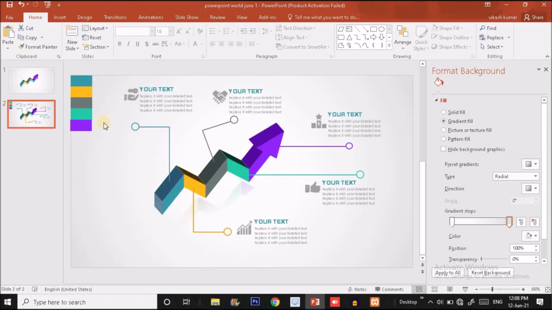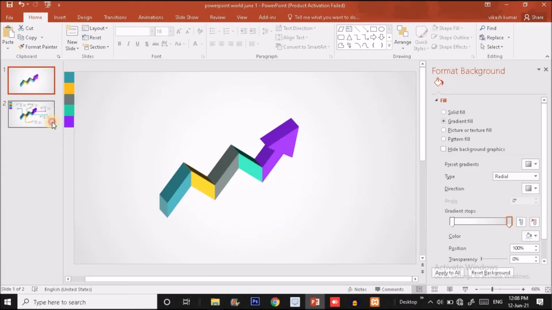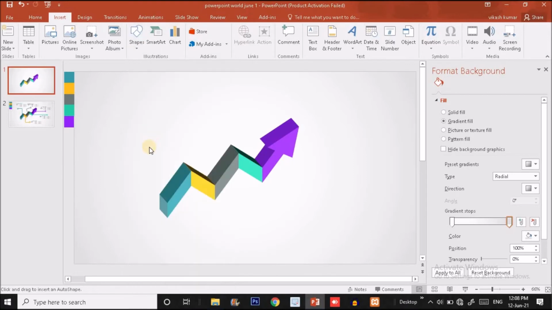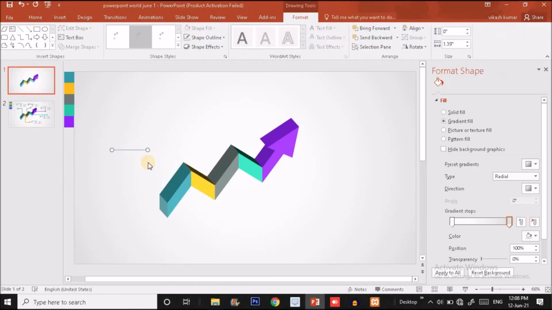So now you just have to create these arrows over here. To do this, I'm going to click on the insert option. Here you will find the line option. Just click on that, press shift and drag an arrow like this.